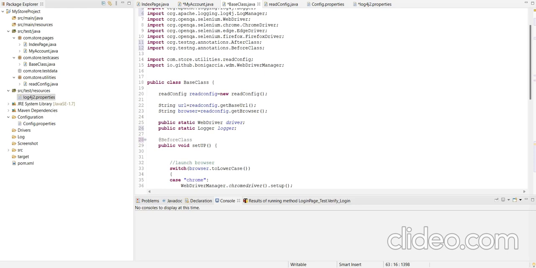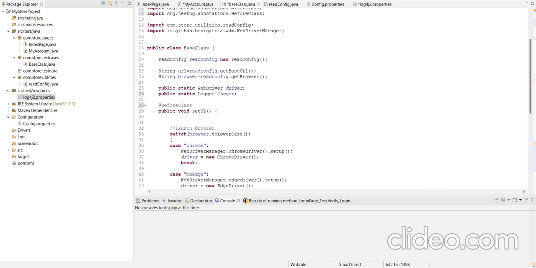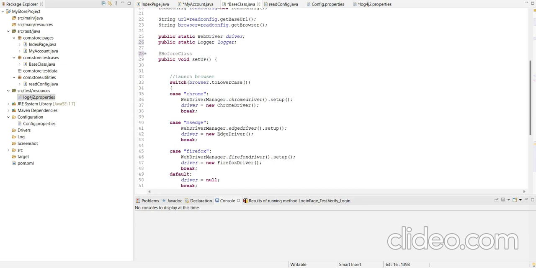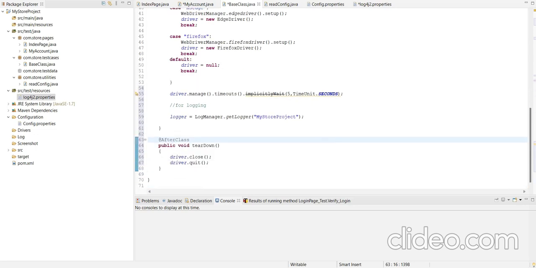You know what information we save in the base class. In the base class we save all the common functionality that will be reused again and again in the project. Like setup means we have to launch the browser again and again. That's why we are launching the browser in the base class. As we launch the browser again and again, we have to quit this browser.